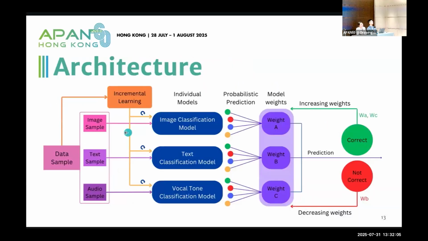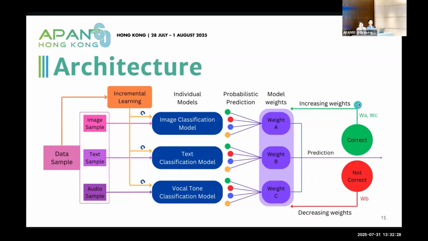This is our proposed architecture. Initially, the model receives personalized data and produces probabilistic predictions for each emotion class. We started with constant weight values for each model. These weights are adjusted, increased or decreased, based on the correctness of each prediction. Once each model is trained on its respective personalized dataset, we combine all the personalized data samples and train the models further using incremental learning.